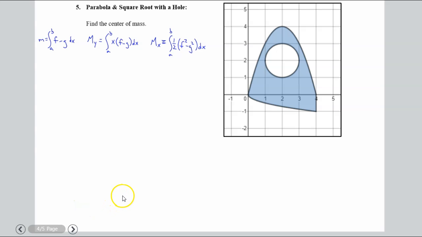Hey everyone, welcome to the last video for centroids. In this one we just want to take a look at one more example, looking at the centroid of a composite shape that's made up of functions and poles, things like that. So with this one, I went ahead and rewrote